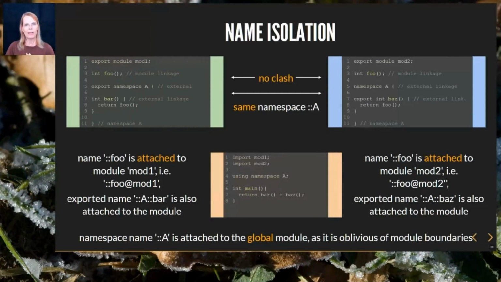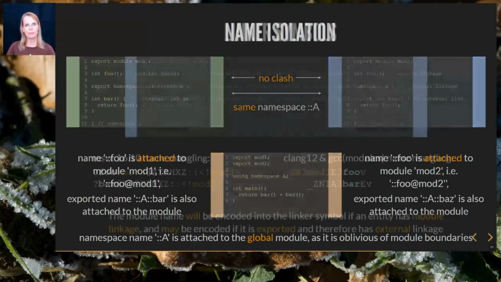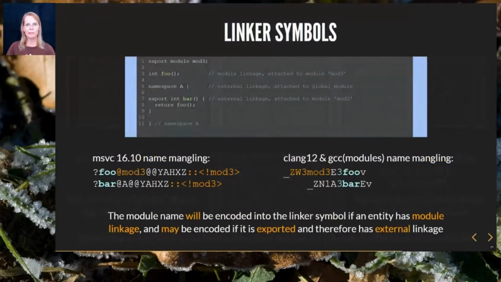To do so, we say that non-exported entities have module linkage rather than external linkage. Besides that, they both are just the same. Exported entities still retain external linkage despite being attached to the module. Then the compiler forms linker symbols from entities attached to a module with either module linkage or external linkage. The scent that marks these entities as belonging to that module becomes apparent in the mangled linker symbols. Here we see name manglings by different compilers.